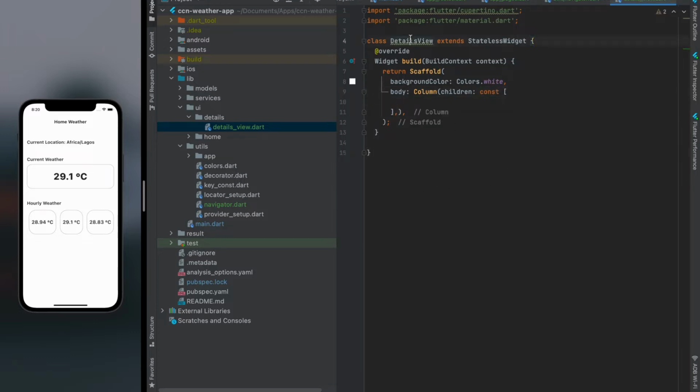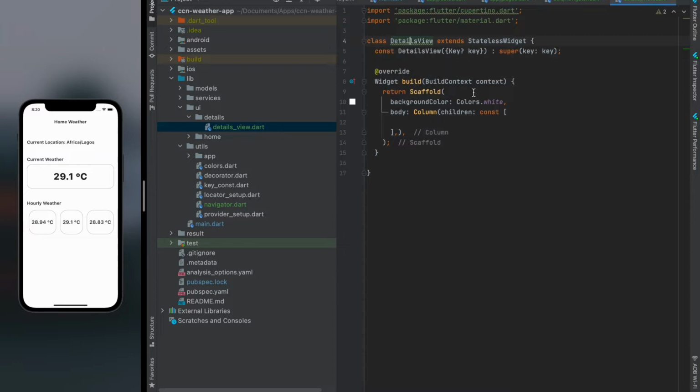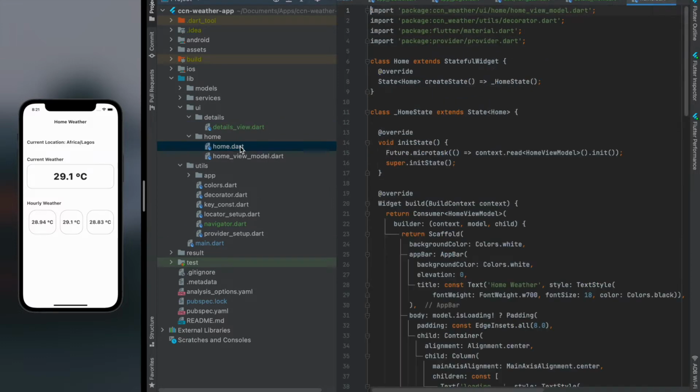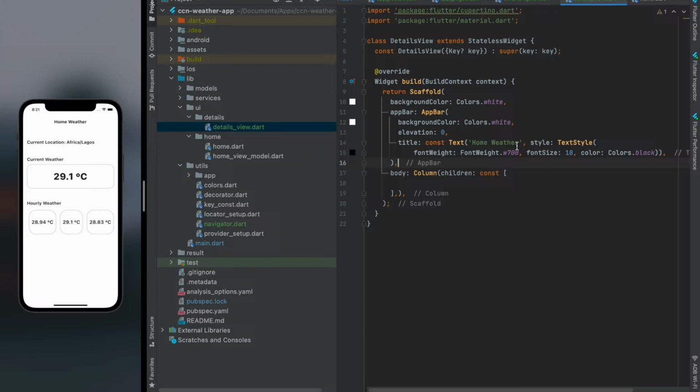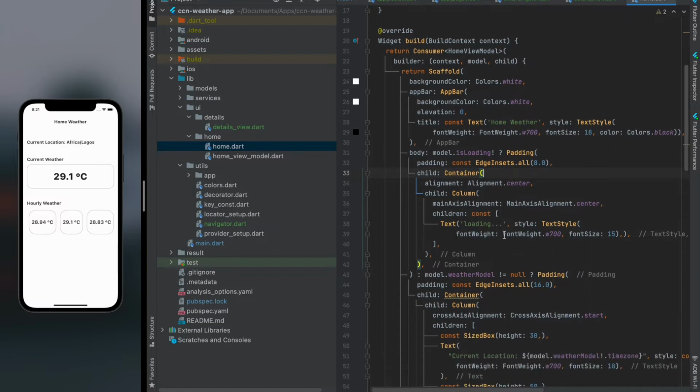Okay, so now we've created, let me add the key constructor again for this. Now we have our details view that we've just created. Let me add more to it. Paste some. And grab some text from